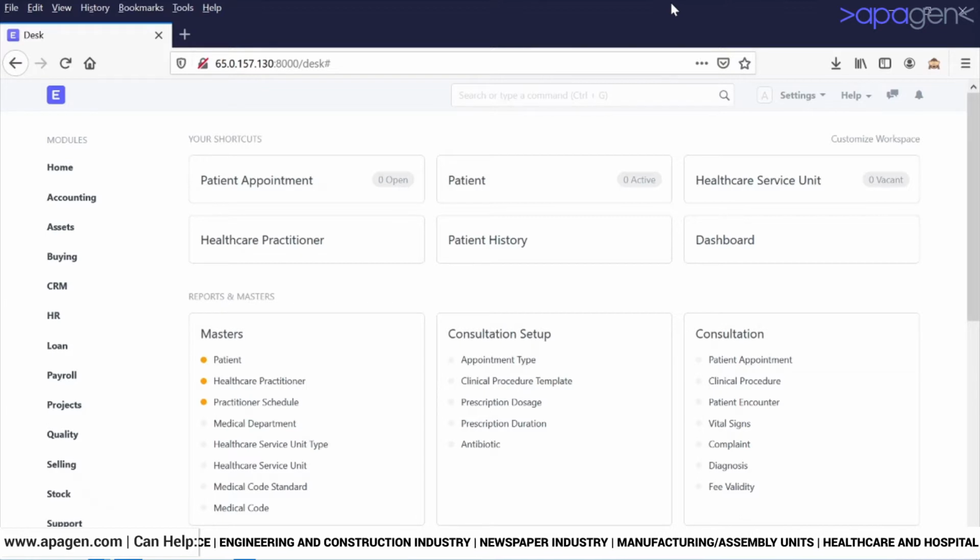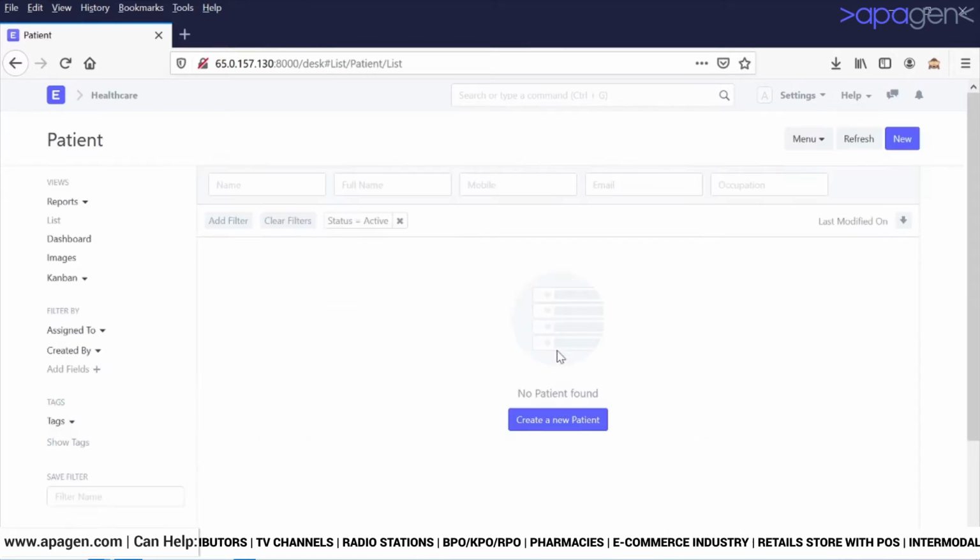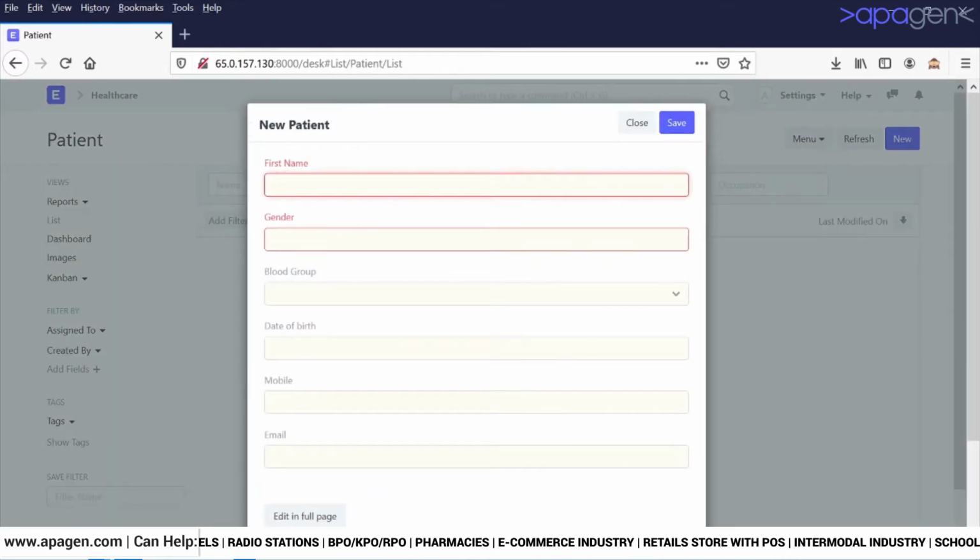Today we are going to see some features of ERPNext Healthcare. We are going to focus on how to create patients. For example, if you need to create and maintain patient details, you can go to different menus which are available in the home screen, where you can see shortcuts for creating patients. You can click on Patient and create a new patient. You can also have shortcuts which are commonly used on your home screen.